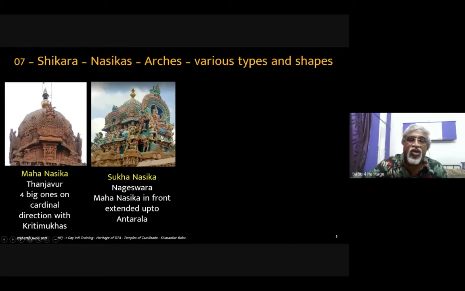So this is a projected nasika extending only on one side of a normal Shikara. In some cases it will be almost the size of the Shikara. This is an invention from the Vesara area, the Chalukyas and others, and gradually it expanded to Orissa, it expanded to Dravida culture, and it is prevalent. This is in the Nageshwaram temple, from around the early 9th century, from Aditya Chola.